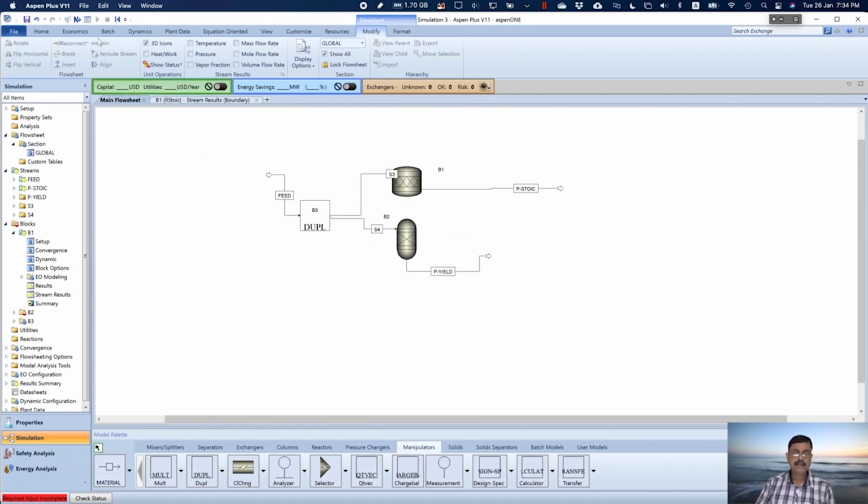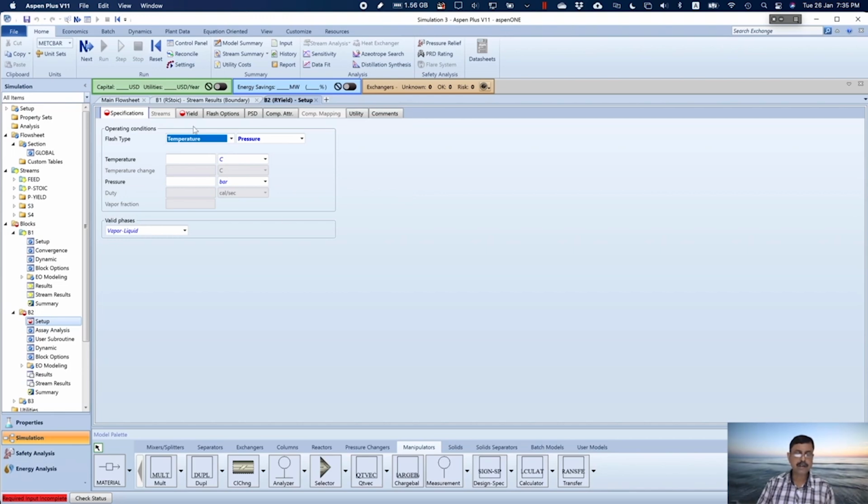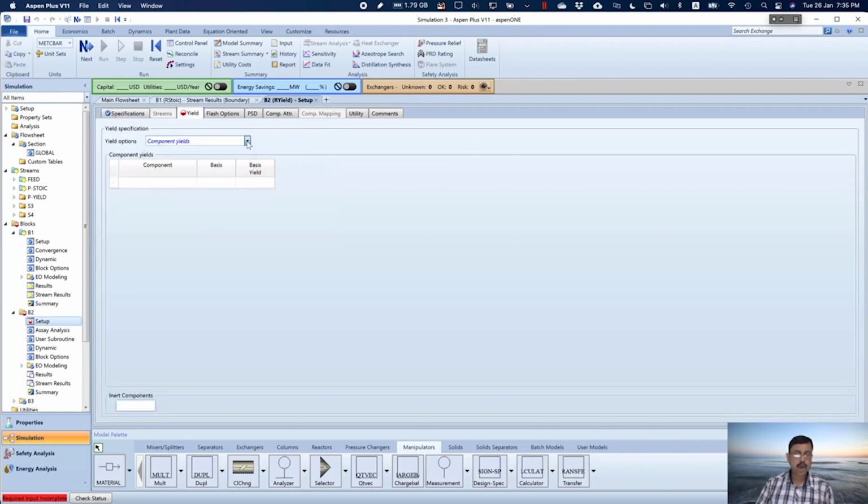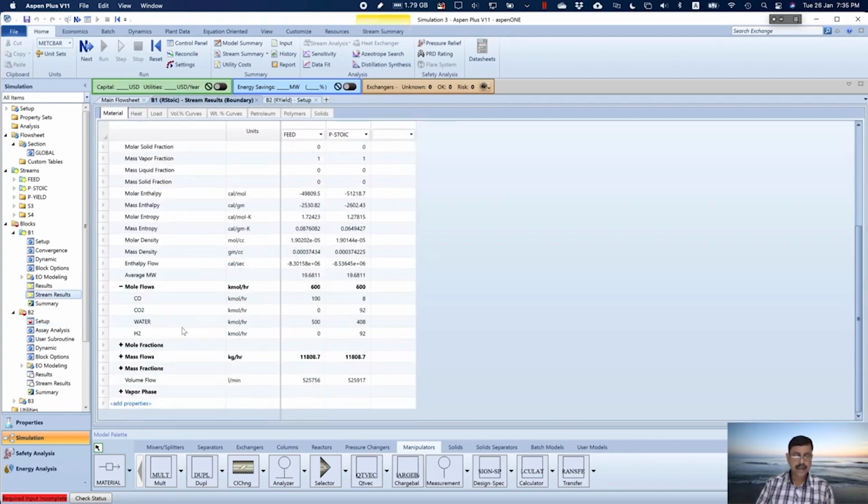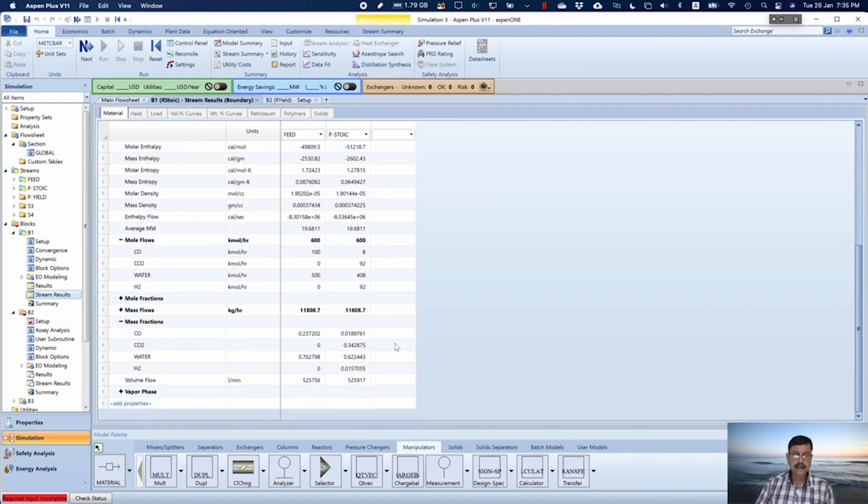Now press next. Feed has already been defined, so has the R stoic. So R yield has to be defined here. The temperature is the same, 360 degrees centigrade and 1 bar pressure. The yield has to be specified. Component yields. Now here we have to check whether we want to give it on molar basis or mass basis. In my opinion, at least for this problem, mass basis is better because we already know the result in the R stoic model. Here, if you see mass fraction, then you will find that it is